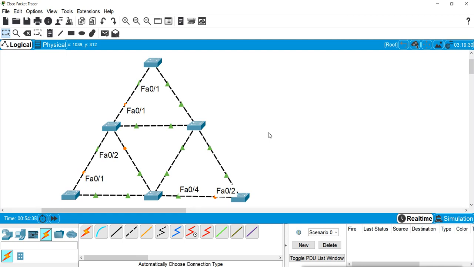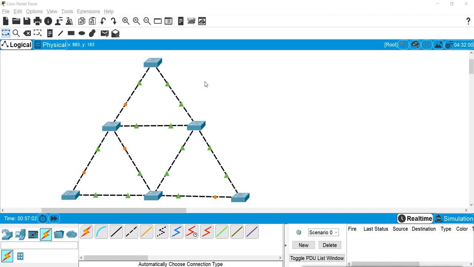Now remember, if you have a root bridge, all the ports of the root bridge will remain designated ports and they will remain in forwarding state. Now if we try to guess which switch can be a root bridge, we have to check which switch has all the ports enabled. Whichever switch has all the ports enabled, maybe that will be the root bridge, but we cannot say it surely, so we can check by using the command.